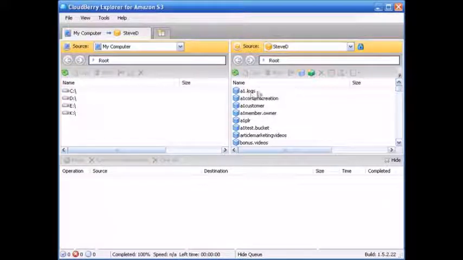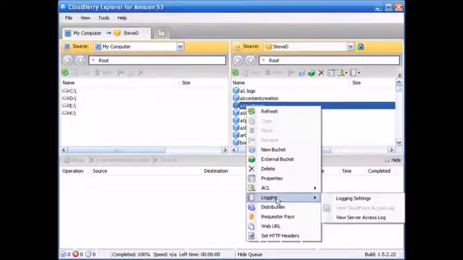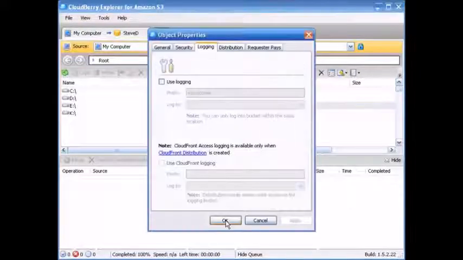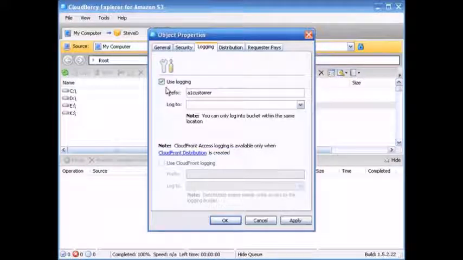Okay, so within this bucket here, I can have all the logs for all these other buckets tossed in there. How do you do that? Well, let's try this one here for A1 customer. Right click, come on down here and left click on logging settings. Come on up here and check the box use logging. And this is the prefix. This is the bucket we're creating the logs for, or the logs are already going to be there. It's just for us to be able to read them and to stash them on our S3 account. We log to this one right here, click on OK,